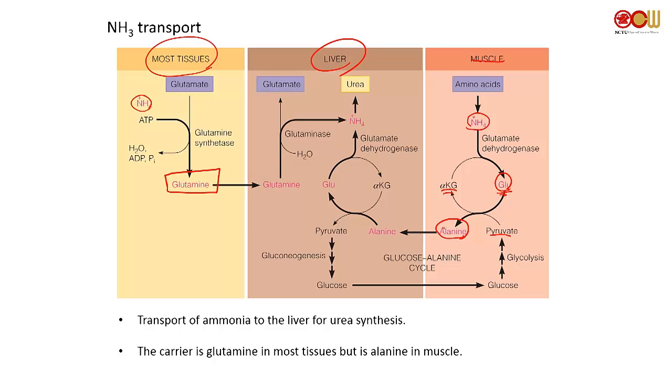And then alanine can be transported into the liver. So you have different carriers. In this case, carriers are either glutamine or alanine. 这是 ammonia transport. Okay? Now, 你可能会好奇说啊，为什么不直接 carry glutamate 就好？